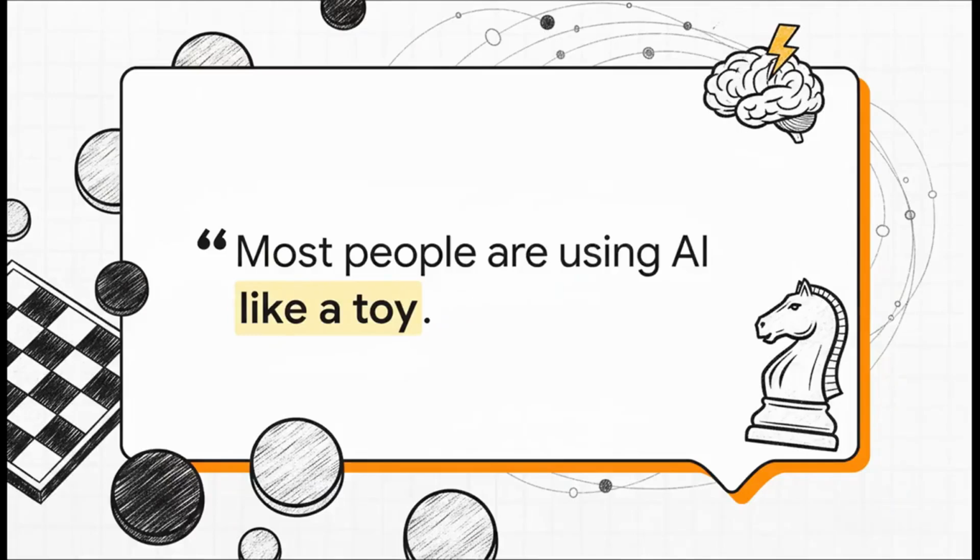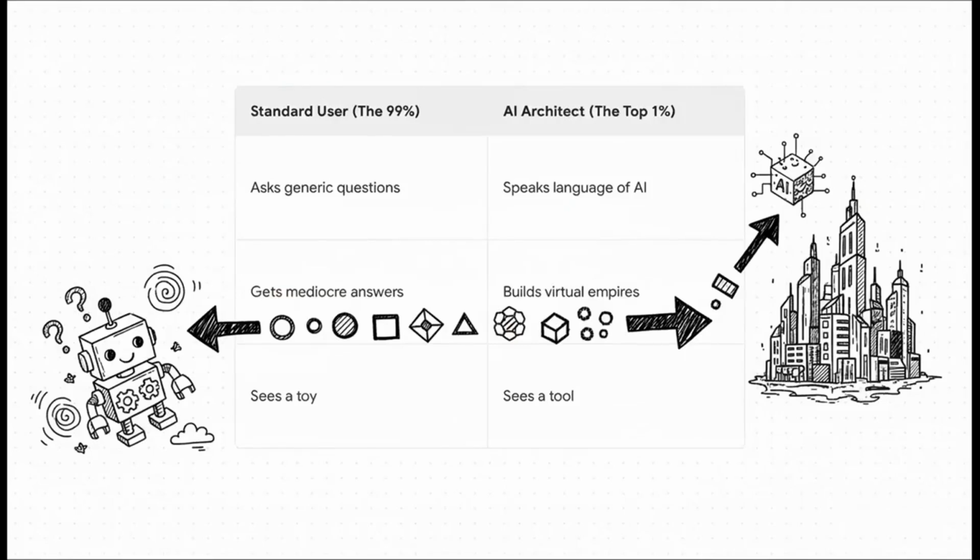This right here gets to the absolute heart of the problem. Most people ask a generic question, get a kind of mediocre answer, and then they just move on. You see, they're playing checkers, but the game we're really playing here is chess. The good news? You can get ahead of 99% of everyone else just by learning how to speak the language of AI. So this is the journey we're on today.